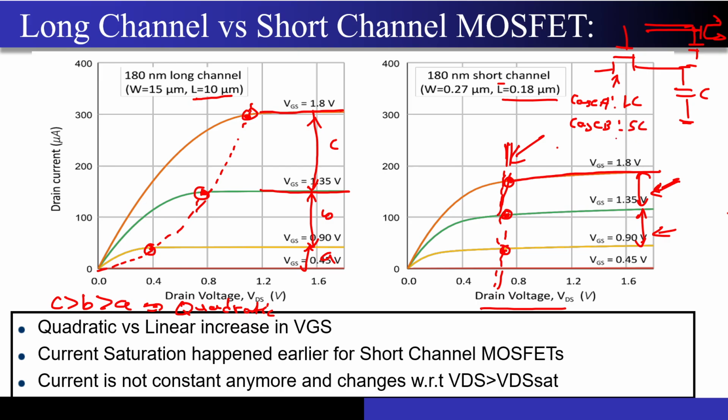Now ma'am, you were saying that for the short channel device I will get a smaller current. So what does this mean? This MOSFET has a smaller driving strength, right? Because for a given value of VGS I am getting a smaller current. So if I try to charge and discharge this capacitor with the smaller current, will it take a longer time or a shorter time? What do you think? For a small current, it will take a small time to charge the capacitor. Are you sure, ma'am?